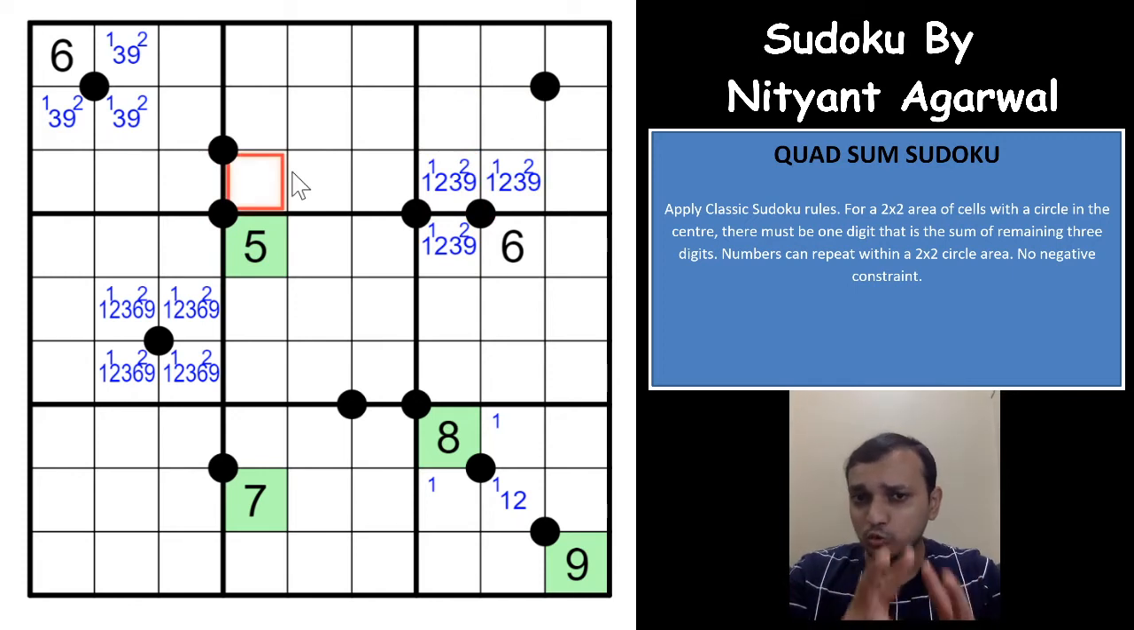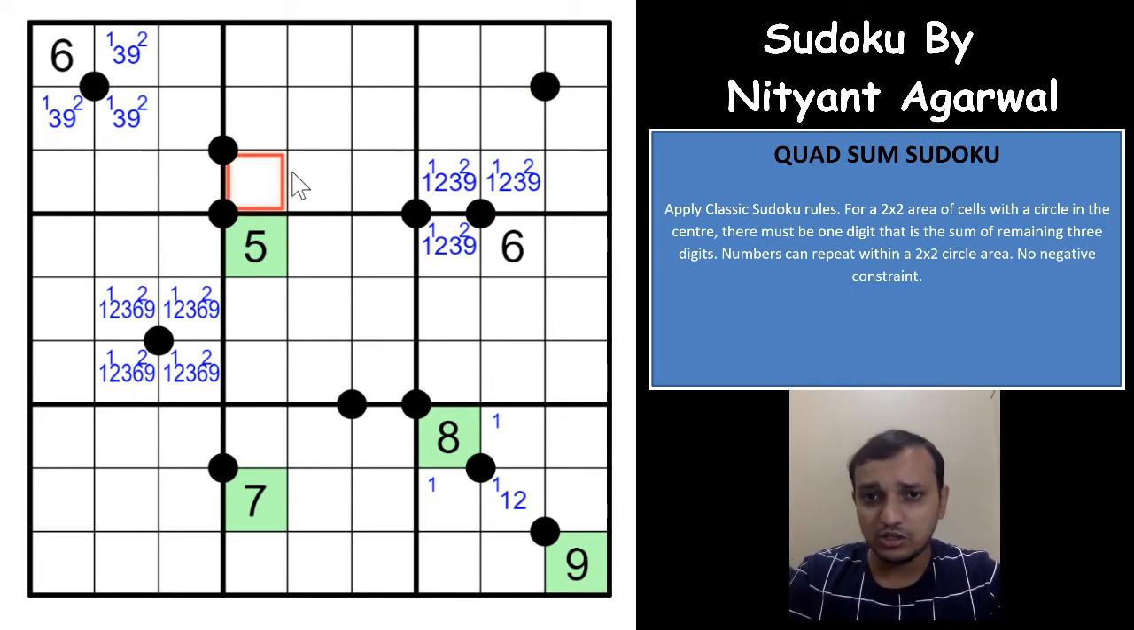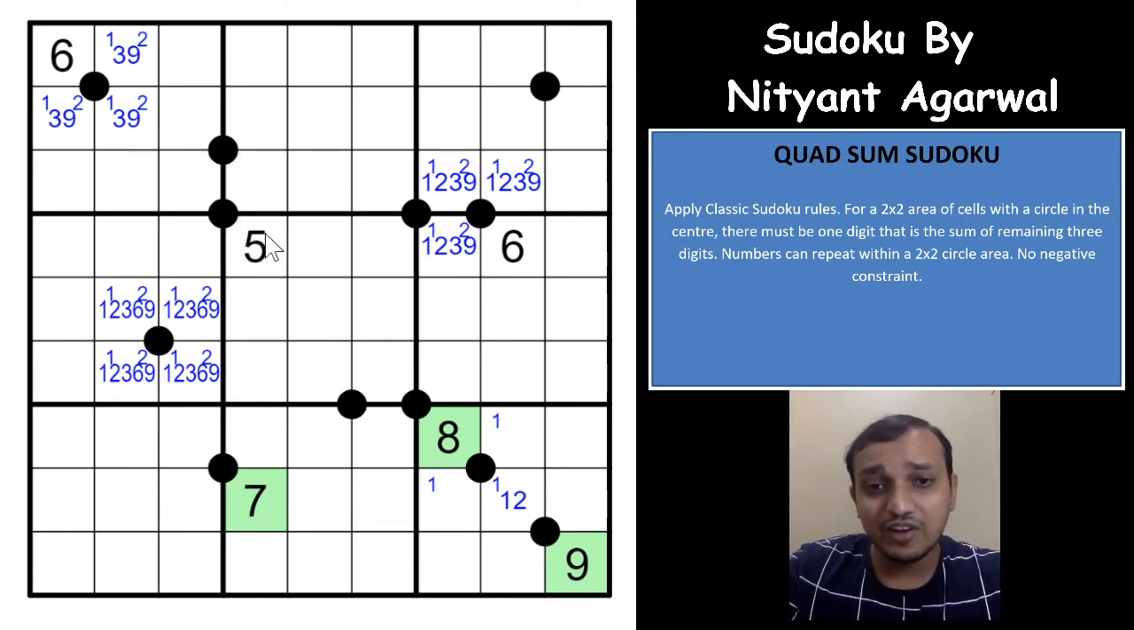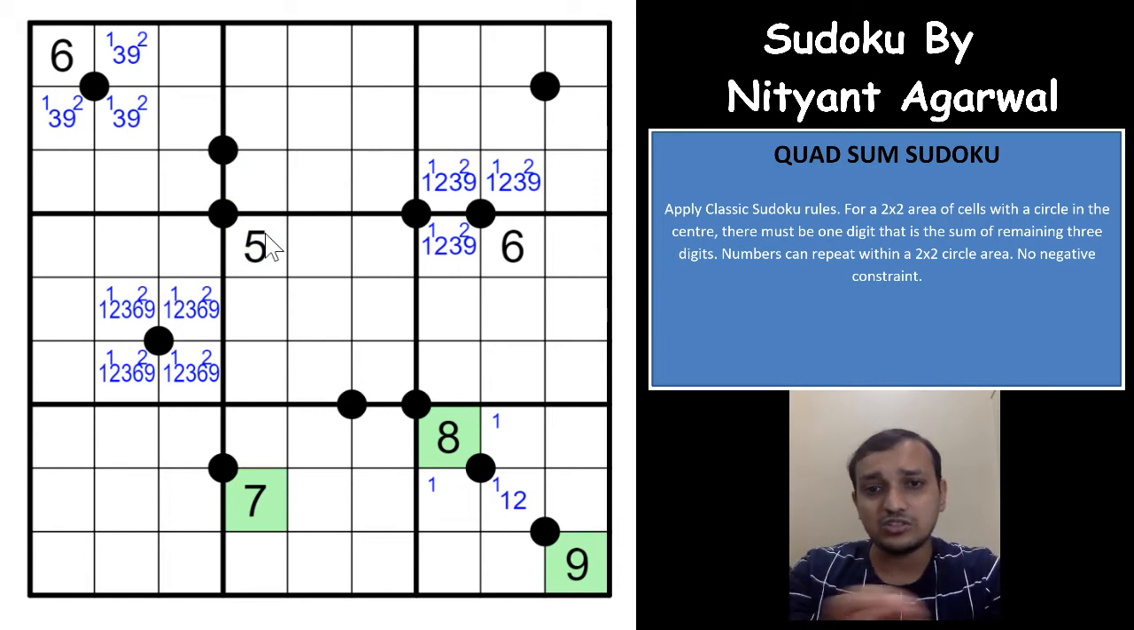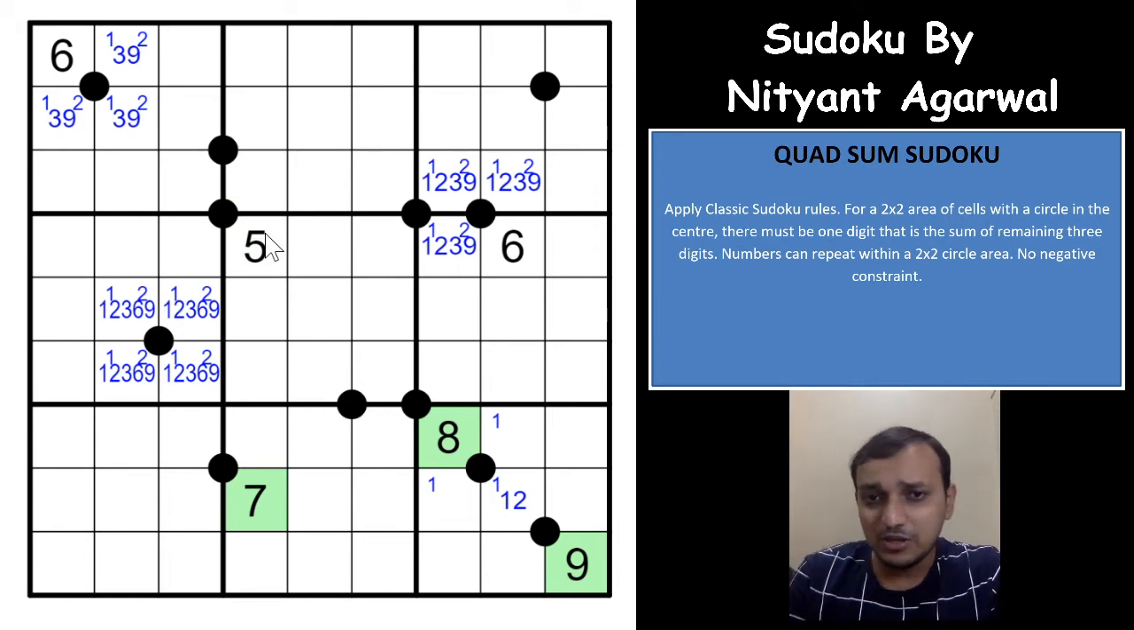You cannot have two 2s. Of course, you cannot have two 3s. The sum will be higher than 5, which means that all of these will have to be 1, 2 and 3, and that actually sums to 6, which means that 5 will be part of the sum, not a sum cell. And 5 being part of the sum,